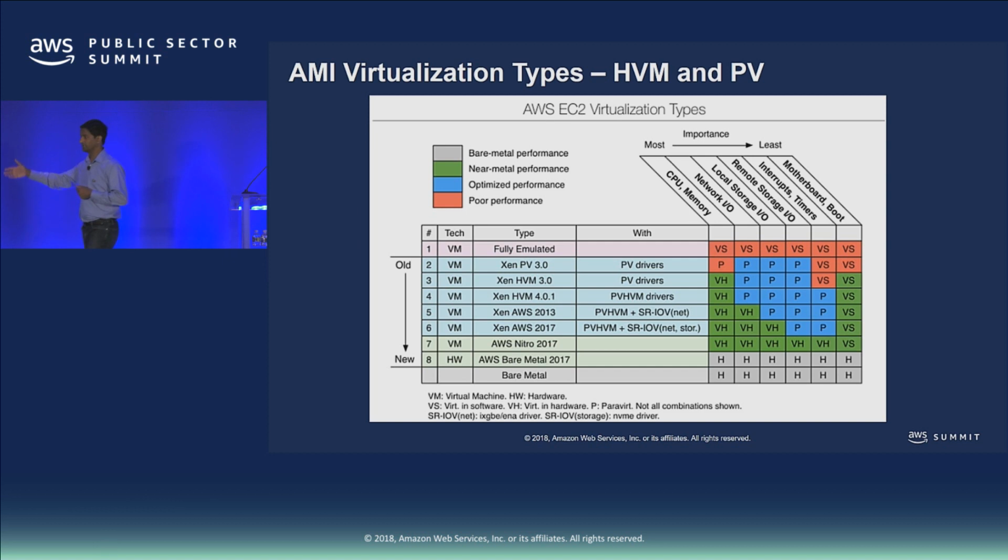So we extended the exact same framework to the storage layer, and we solved that problem by introducing the C3 type instances, essentially taking advantage of SR-IOV at the storage layer. So we solved the networking bottleneck, we solved the storage bottleneck, and then we introduced at re:Invent last year C5